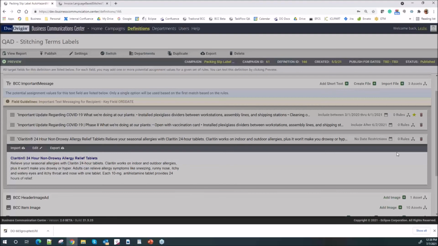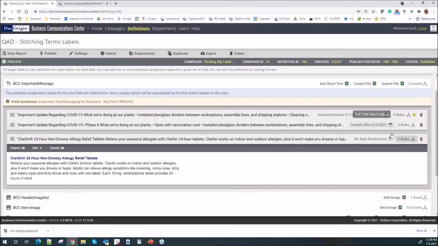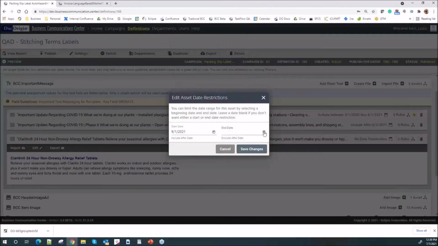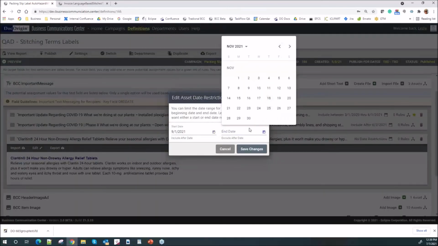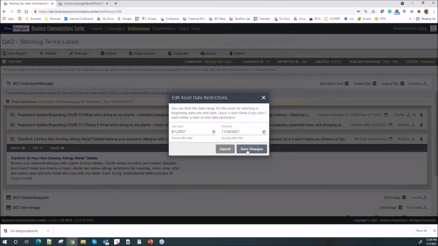New as of about nine months ago, we also offer date regulations on assets. We consider content an asset of your document. An asset can start on September 1st and expire on a certain date. Customers have been asking for this, so we've added it, and it can be applied to the asset itself.